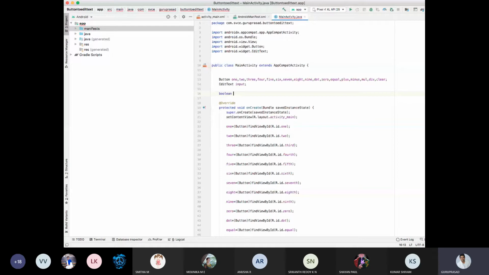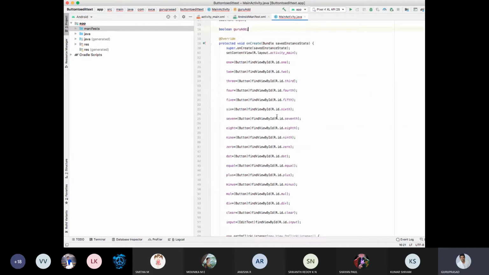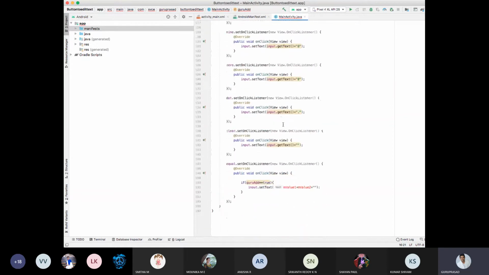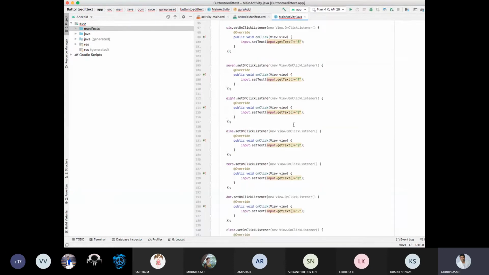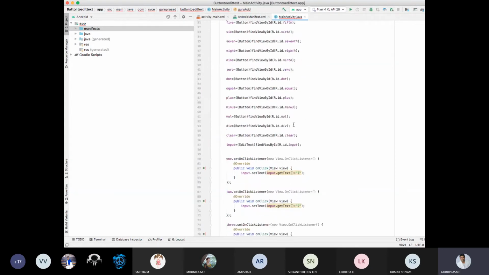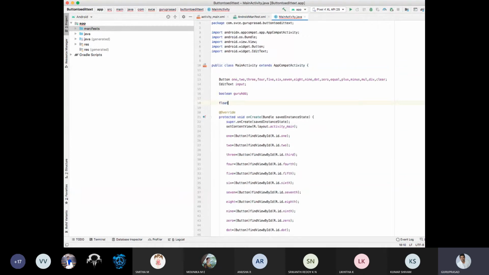Now I am not getting any error. Now for m value 1 and m value 2, I am getting an error. Okay, m value 1 and m value 2. Since this is a decimal form, I'll just mention float m value 1, m value 2, semicolon. Okay, so am I getting any errors? No, I am not getting any errors.